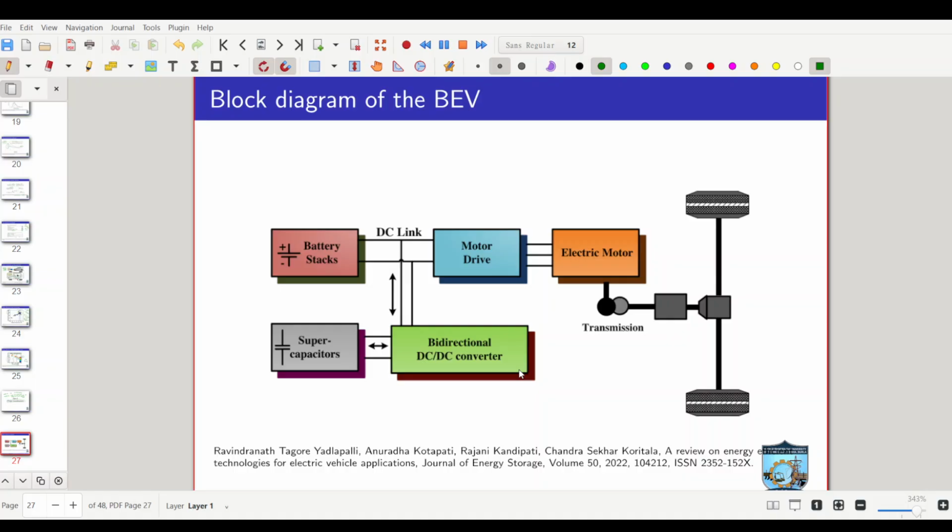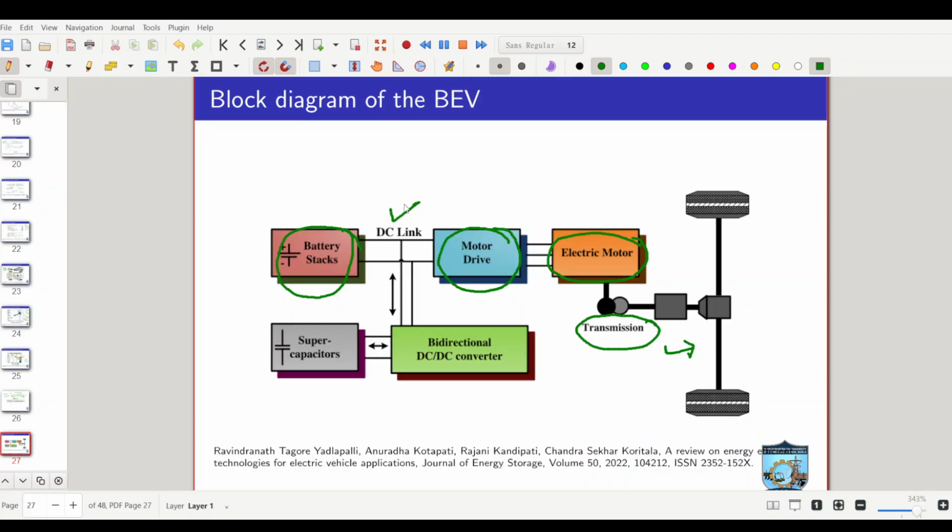So as we see here, that is a transmission system connected to the wheels, and we have an electric motor which can be AC or DC depending on the company which is making the vehicle, and we have a drive system, the motor drive system connected to battery stacks